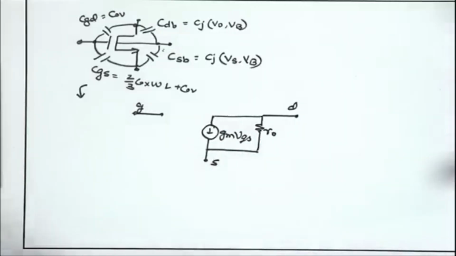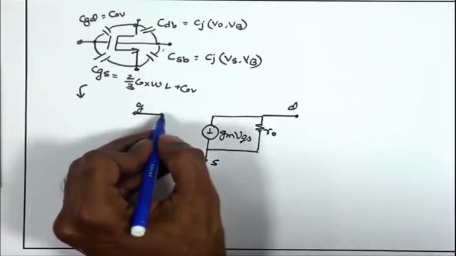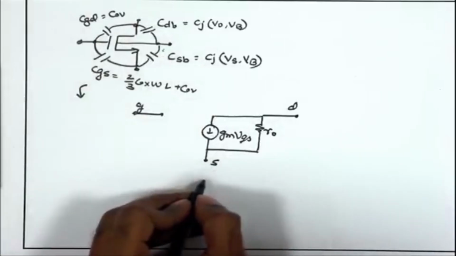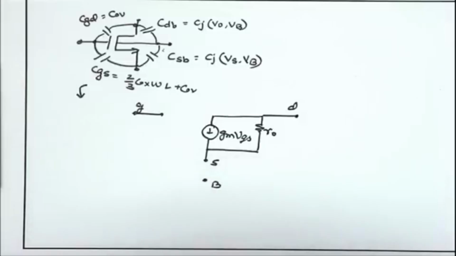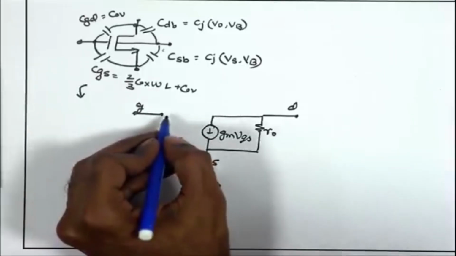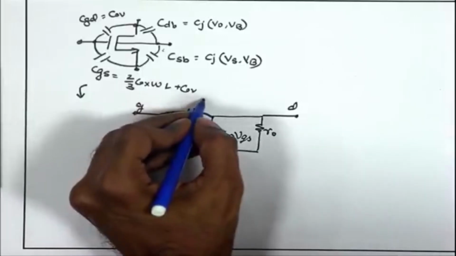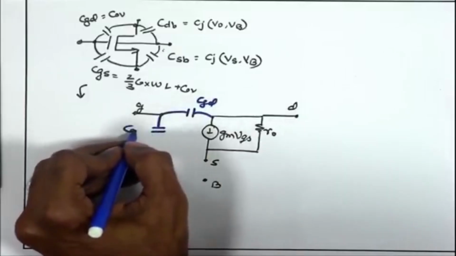This is the earlier model, the low frequency model that we started with. Now, we need to connect these capacitances. I can define another terminal, call it the body terminal over here, and I can draw the capacitances between these two terminals. So, between the gate and the drain, I have CGD, between the gate and the source I have CGS,